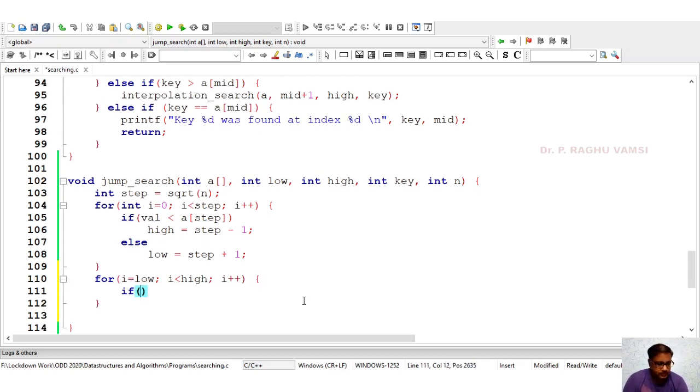If A of i is equal to key, then what we're supposed to do is printf "the key %d found at index %d", key, i.